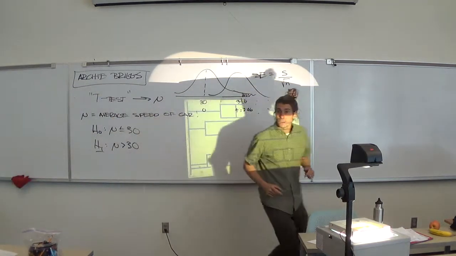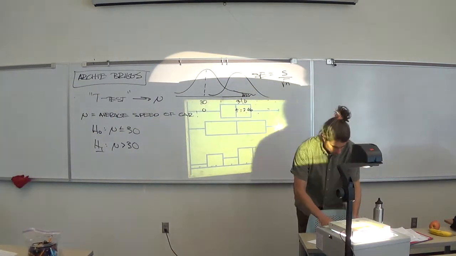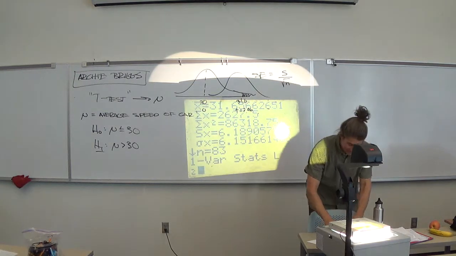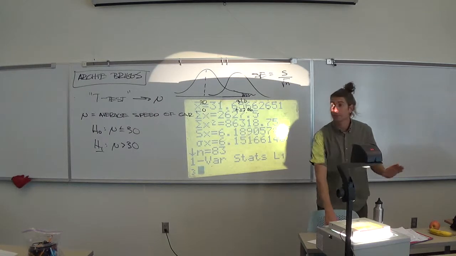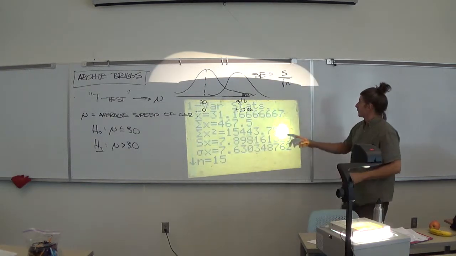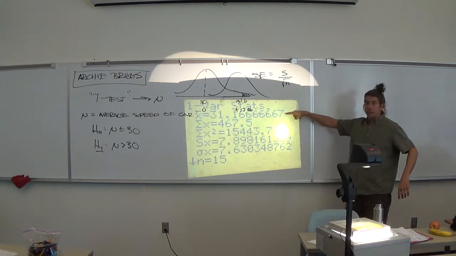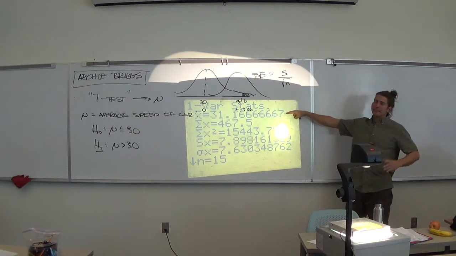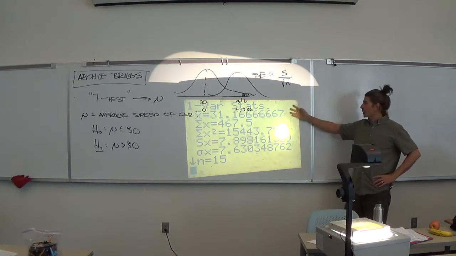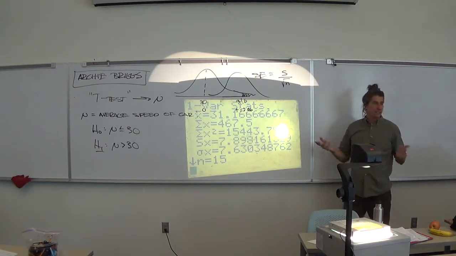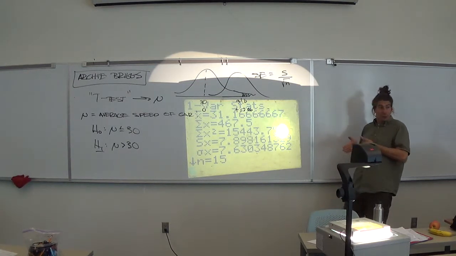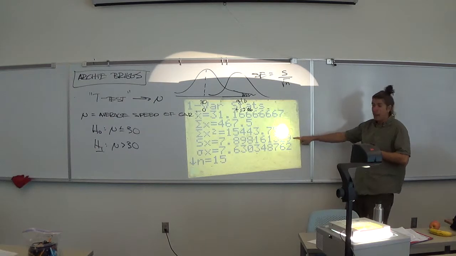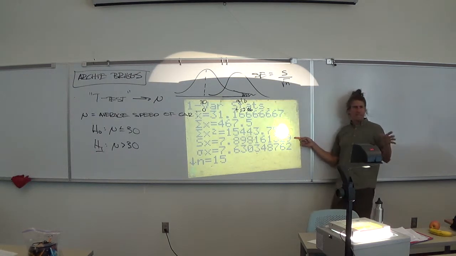Next, I'm going to run 1-bar stats on the COPS data. I know you guys probably didn't do this, and that's okay. Notice the COPS got essentially the same average speed I did. I got 31.6, they got 31.16, but they're over 30. They average higher than 30. The standard deviation is close. Mine was about 6 miles an hour, theirs is about 8.